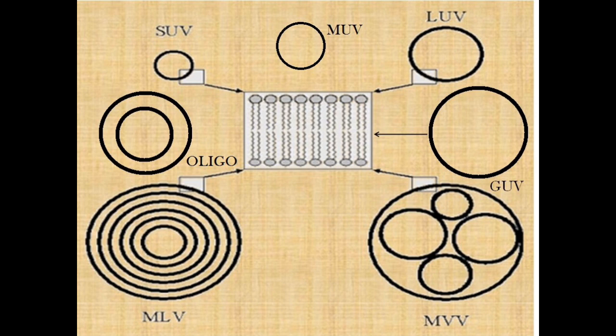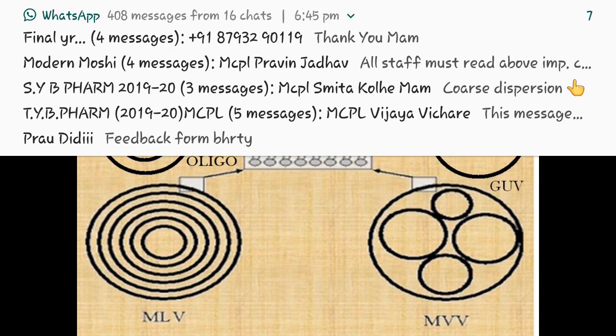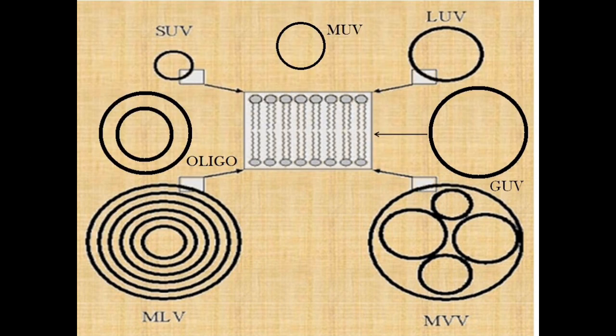Here in this diagram you are going to observe the different shapes and sizes of the liposome: SUV, MUV, LUV, GUV, MVV, MLV, and oligo, which comprises the polar head and non-polar tail, obviously the hydrophilic and the hydrophobic region. You will identify the different shapes of liposomes formed depending upon the techniques you have used after the swelling, after the MLVs have been exposed